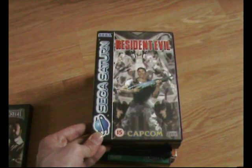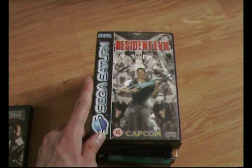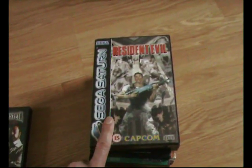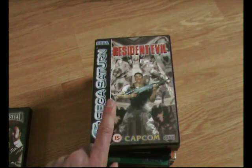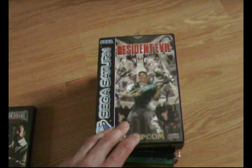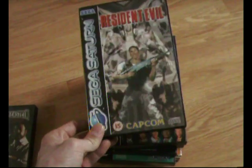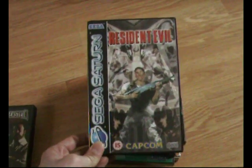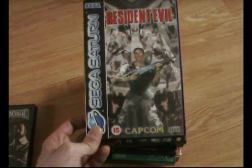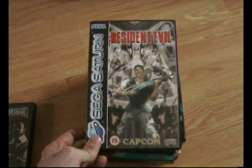The Saturn version, interestingly enough, has extra monsters in it that didn't appear in the PlayStation version, and it's got a kind of arcade style mode in it, which I haven't played, but there you go. I haven't played all this all the way through. I'm still playing it at the moment, and I'm absolutely loving it at the moment, because when this was